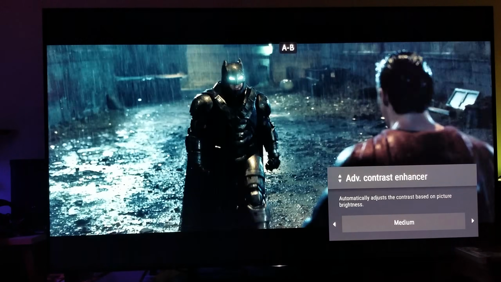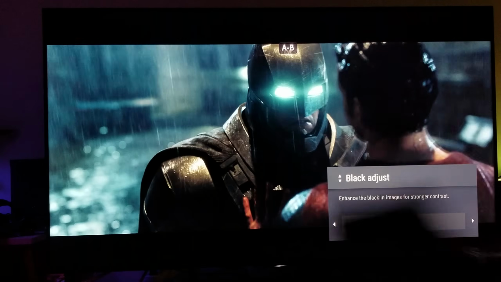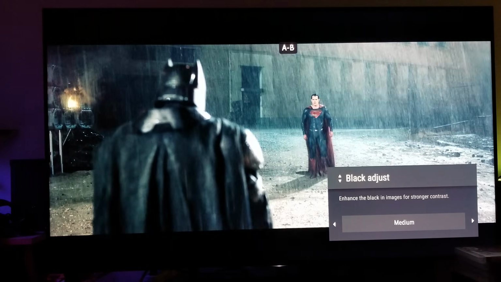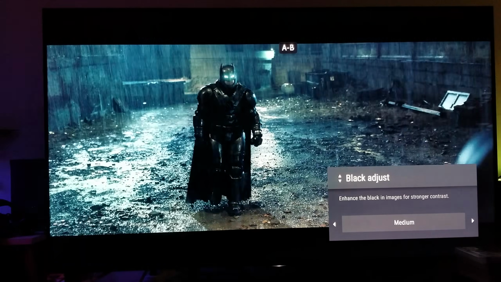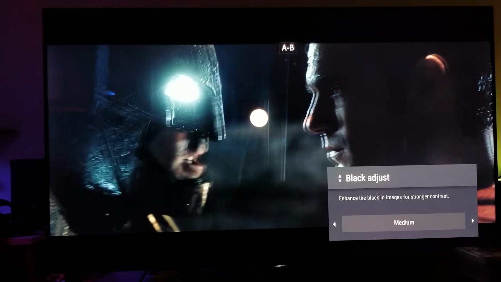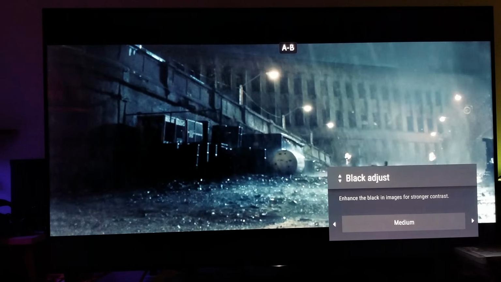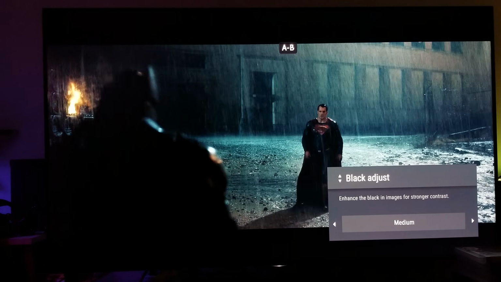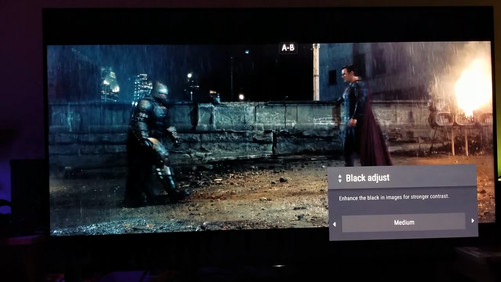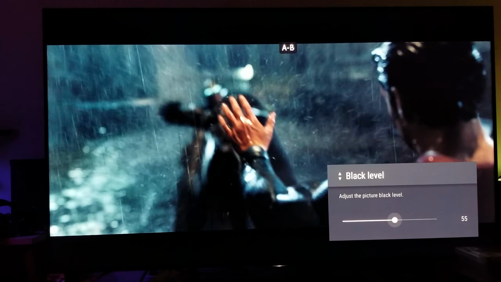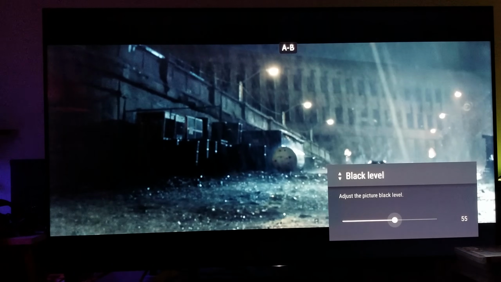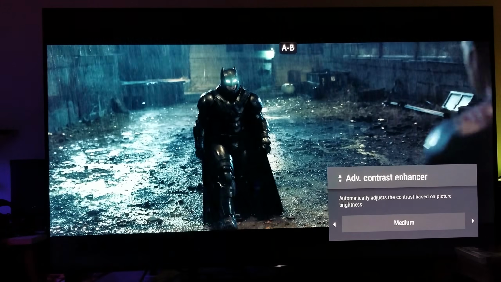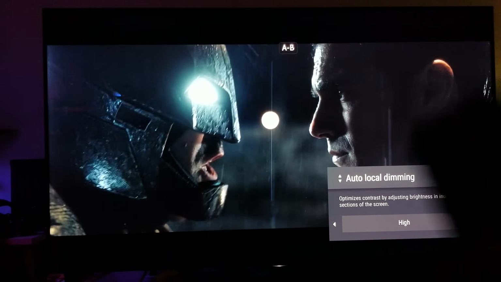And honestly, what I'm doing here right now, guys, I guarantee you, the person with Calman calibrating equipment would pretty much have the same exact settings that I'm having right now. I guarantee you, because everything I'm doing right now, I'm trying to keep within the standards of how they're calibrating the movies. So, black levels 55, black adjustments medium, contrast enhancer medium,